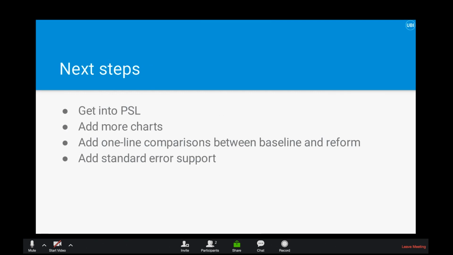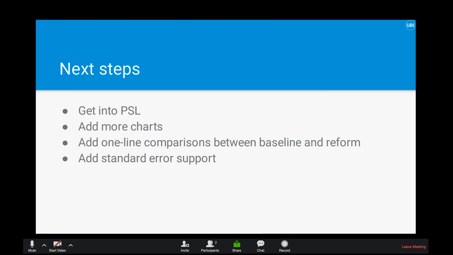Some next steps, I really want to get this into PSL. There are some tests that I want to add before doing that. There are some more charts, for example the distribution chart, which was modeled after a version of John Schwabish's chart that Anderson did. There are also some more one-line comparisons between baseline and reform.